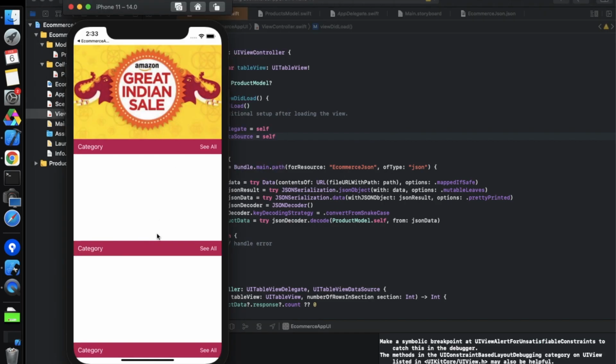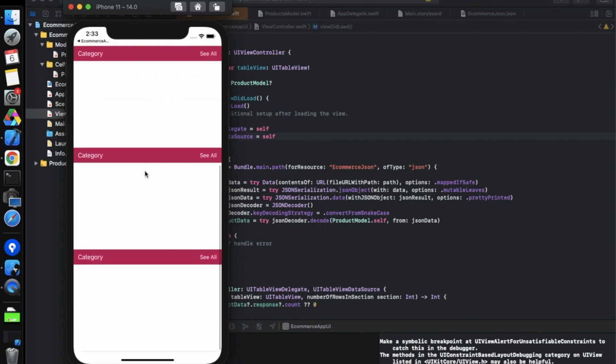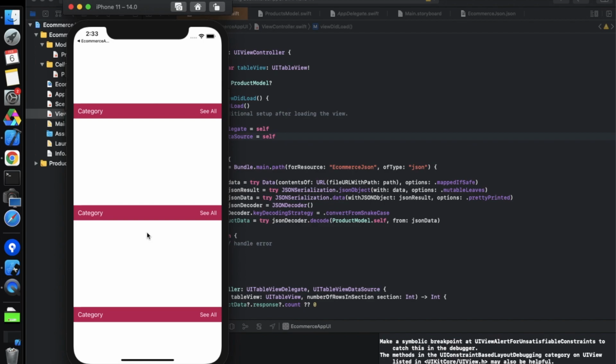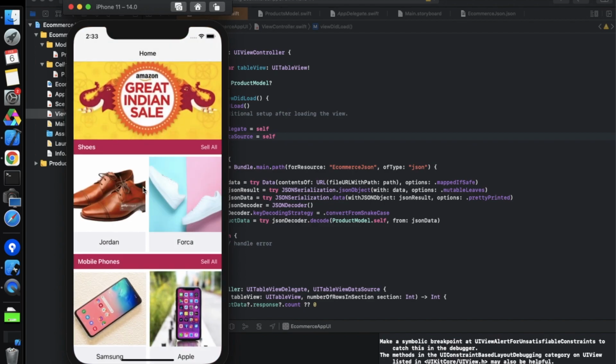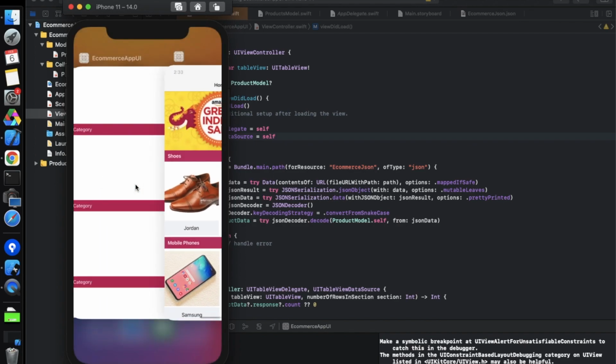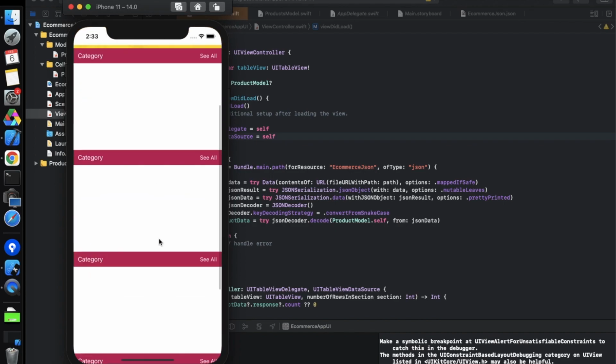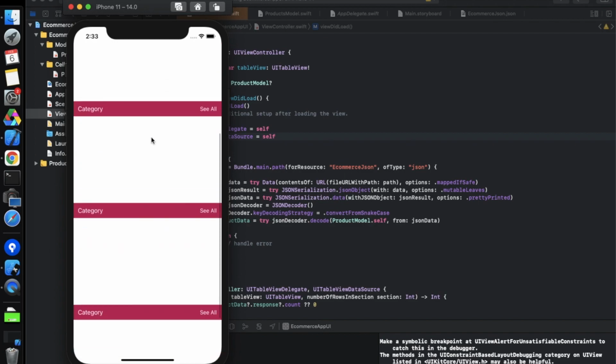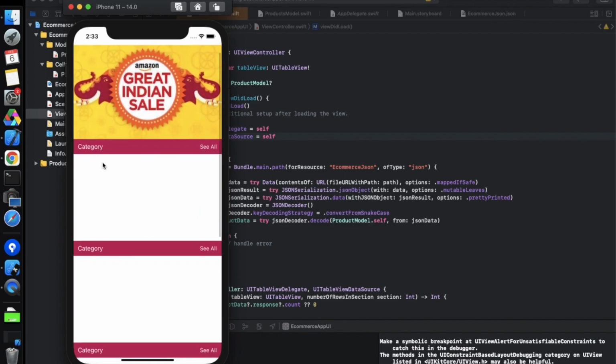So it got loaded and it looks something like this, with 5 categories as we have already seen in the demo. Let me show you the demo as well. This is the demo application. We have 1 2 3 4 categories in the banner. Similarly, we get this in this project also, with one banner and these 4 categories. Now we have to show the category name and load the table view, collection view over here. Then we will see how things work. So let's look at how we can do this.